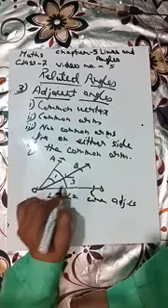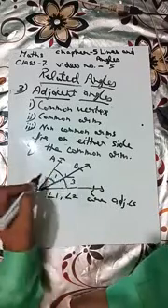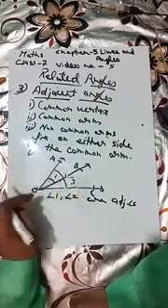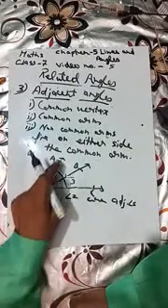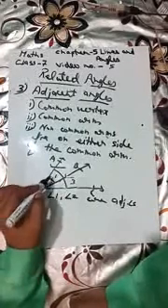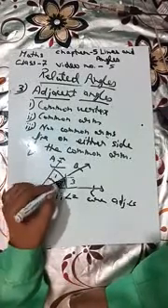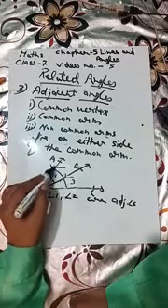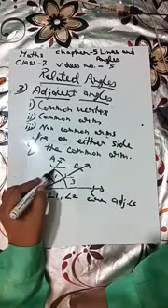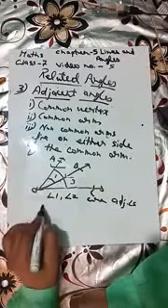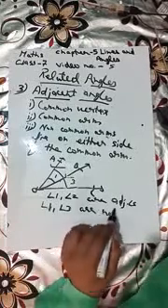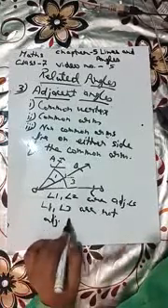Now let us take angle 3 here. Angle 3 is this much. Angle 1 is what? AOB. And angle 3 is COA. The common arm is OA. You can easily see that the angles are on one side, that is, on the right side. There is a common arm and the angles are on the right side, but they should be on either side of it. So angle 1 and angle 3 are not adjacent angles.